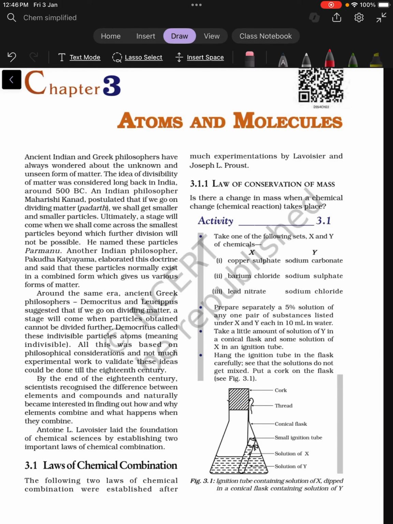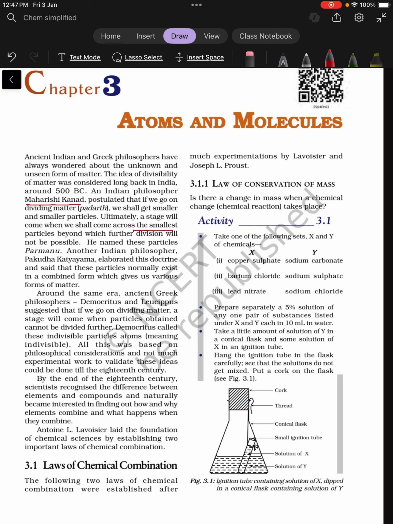Today we are going to start with chapter 3, Atoms and Molecules. In the first column, explanation about atoms is given by different Indian and Greek philosophers. Like Maharishi Kannad, he explained that when we divide matter, we get smaller and smaller particles, and ultimately a stage